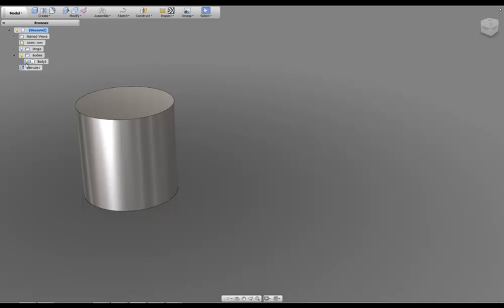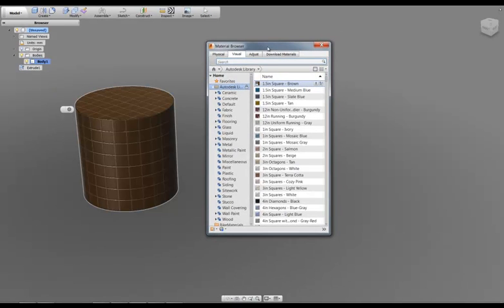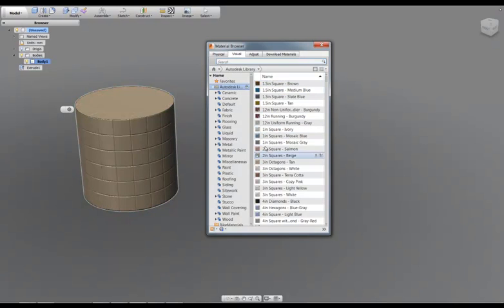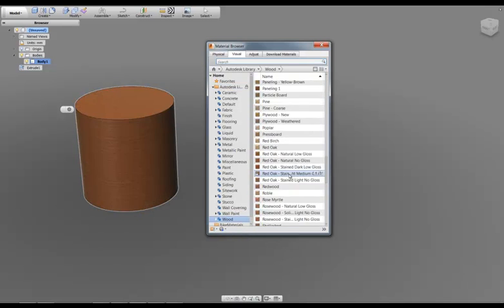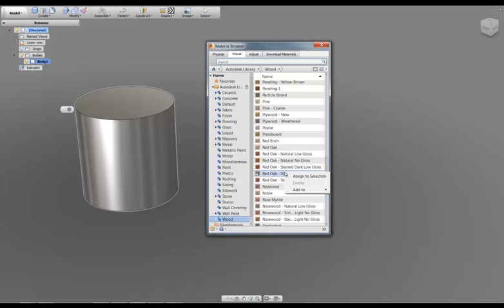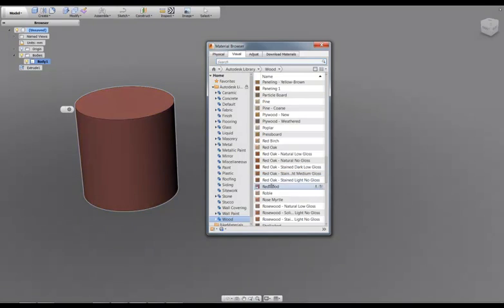Underneath bodies, in this case I'm going to apply it just to this body, and using the context menu select materials. This brings up the material browser, and in the material browser you have access to the Autodesk library. I'm going to apply a wood material to this. Let's use red oak. It's got a very distinctive grain to it, and this way we can judge the size of the grain relative to the size of the object. So let's use this medium gloss, right hand mouse button to select and assign to that surface. So now I have a material